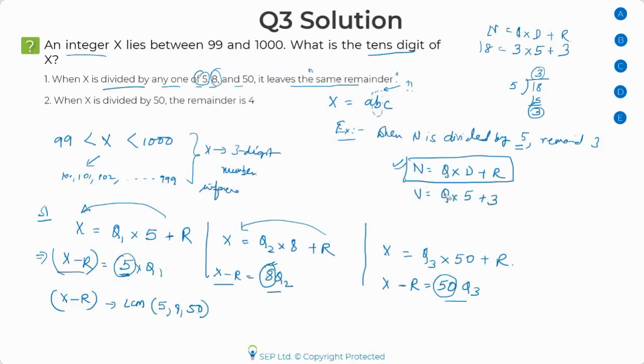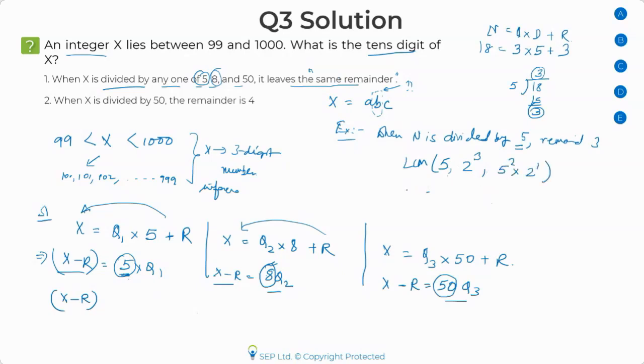So let me do this calculation separately, so that here I'll just set up the equation. Okay, so let's find out the LCM of 5, 8 is 2 cube, and 50 is 5 square times 2 to the power 1. Can anyone tell me what would be the LCM in this case? Especially those who attended my previous webinar, what would be my LCM? Come on, guys, it's easy. LCM of 5, 8, and 25.